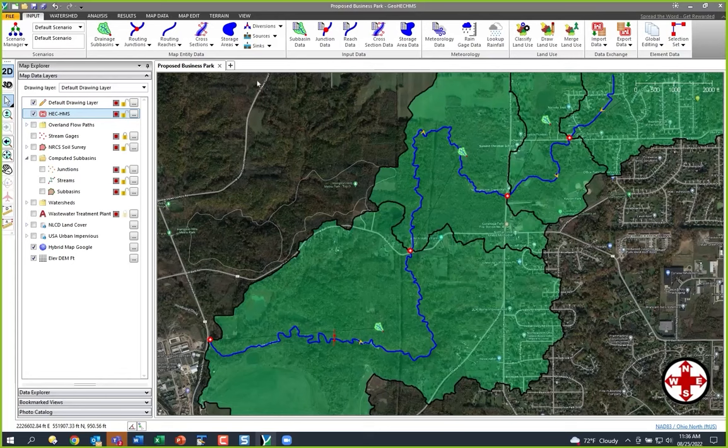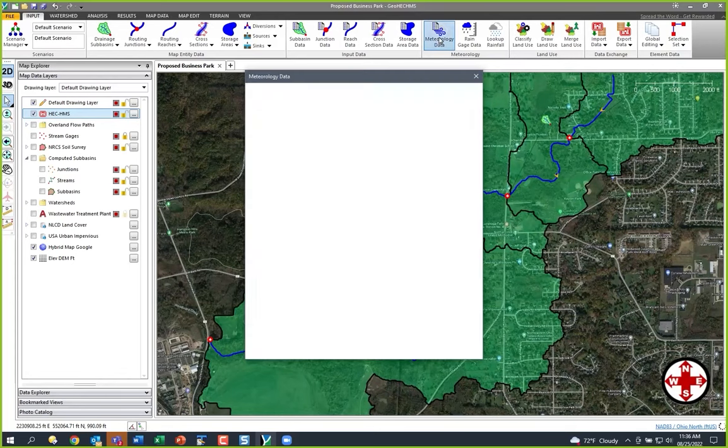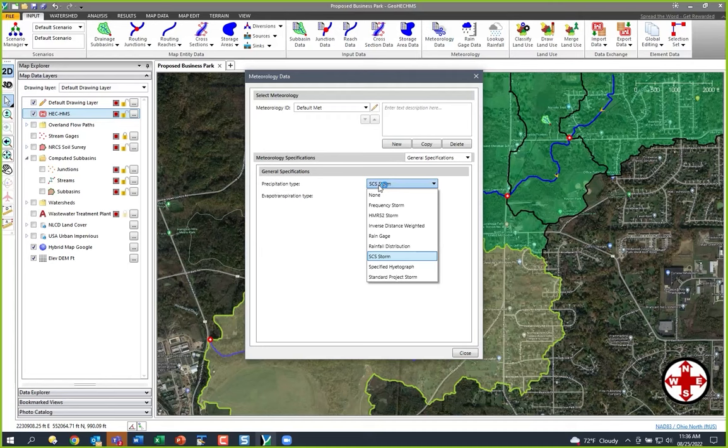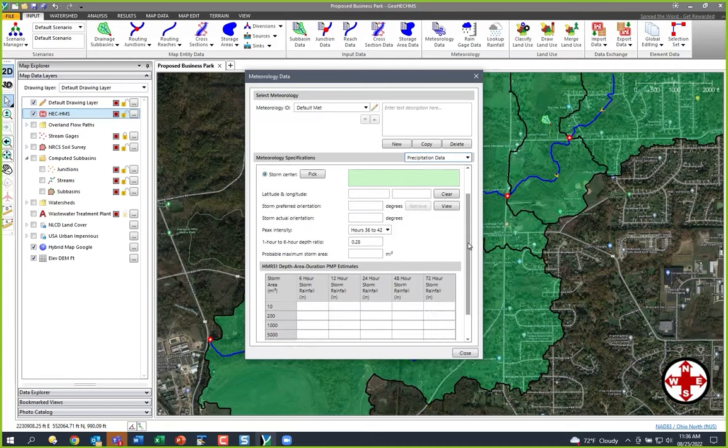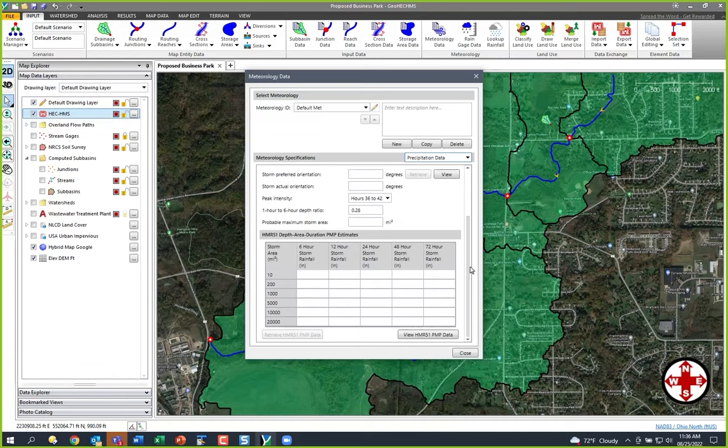So I'll go over to my meteorology data, and I can choose lots of different storm types. If you're doing dam failure models, they want to look at PMP, probable maximum precipitation, probable maximum flood, and stuff like that. That's precipitation, another arena I work in. Okay, it does have that HMR 52 in there, and it does all that.